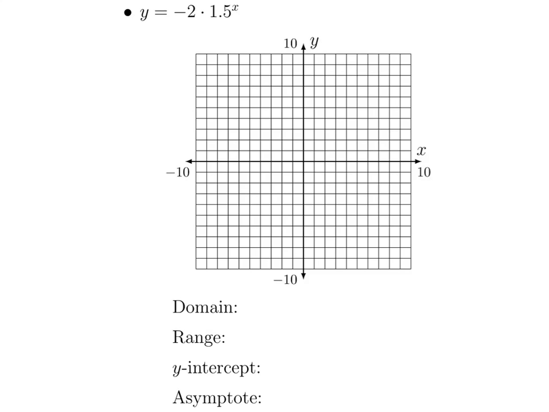Let's look at another one. Here, it doesn't end in any plus or minus, so I added plus 0 to help you notice what's going on. Since it's plus 0, the asymptote's right there on the x-axis. Now if we stick in 0 for x, we can get the y-intercept, which is down at negative 2. We can draw ourselves a swoopy graph,